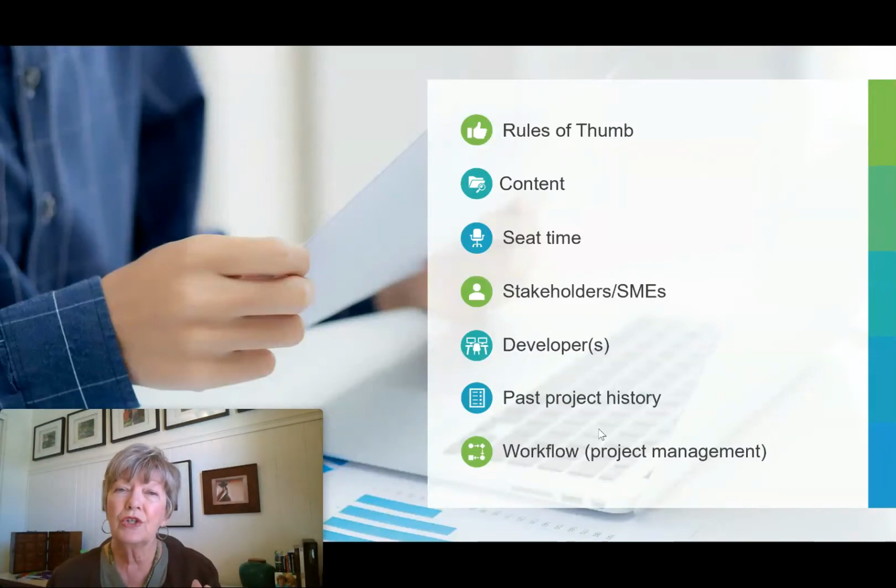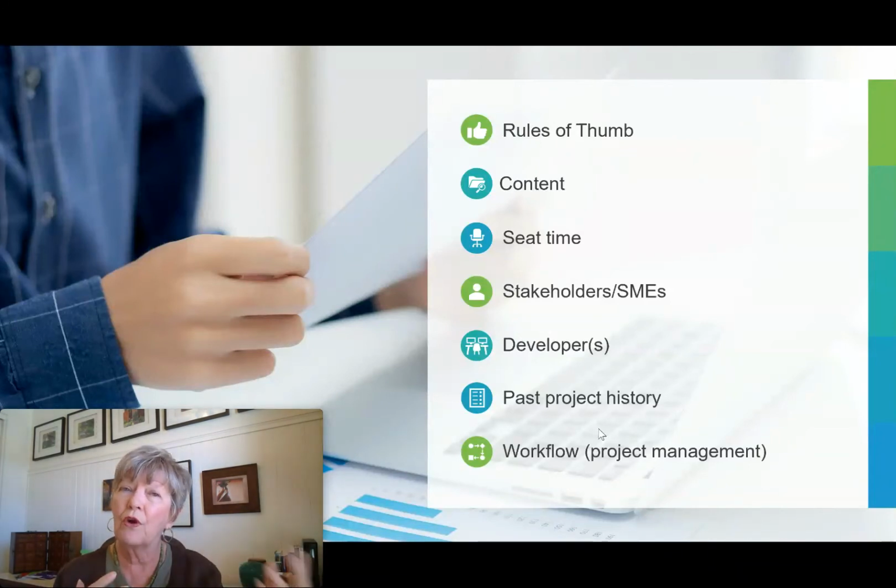You also need to know some aspect of how your stakeholders and SMEs are going to be able to be involved in the project. If you have highly cooperative SMEs and they are able to just get information and content to you quickly, that's great. That helps in your development. If you know ahead of time that the SMEs are going to be bogged down, like a lot of SMEs are, because they are the most important people in the company, and maybe the stakeholders may cause something of a disruption.